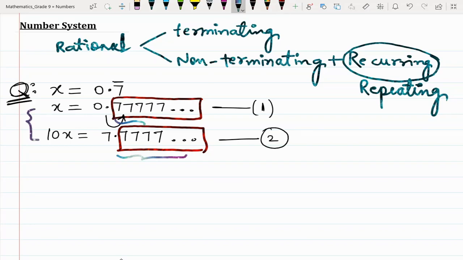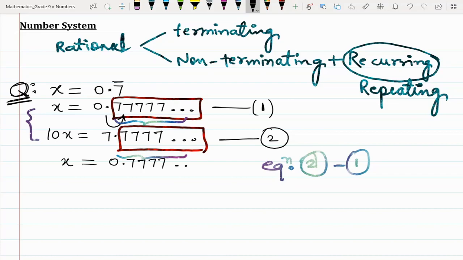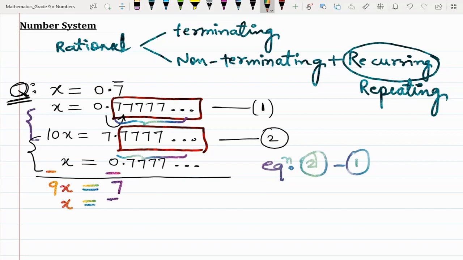So now when I subtract these two equations, my decimal part is going to vanish. And if this vanishes, we are done. Let me write the first equation below the second so that we can subtract easily. So you will get 10x minus x, that is 9x, on the left hand side, and on the right hand side you can see the decimal part is all 0, that means it's gone. So we have 7 minus 0 only, which is 7. So x becomes 7 over 9, that is the P by Q form. Isn't it simple? Easy peasy.